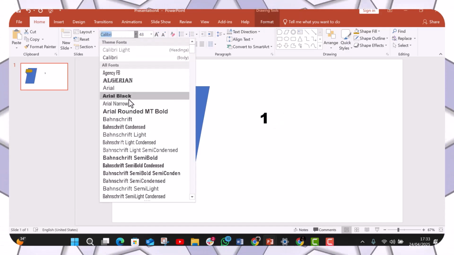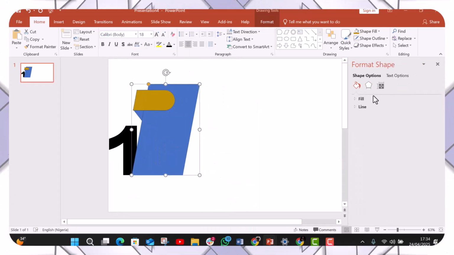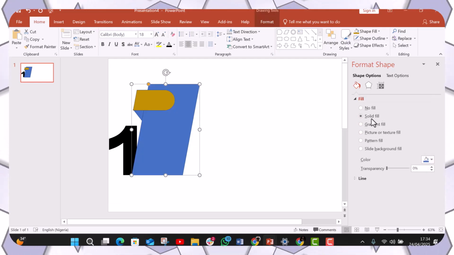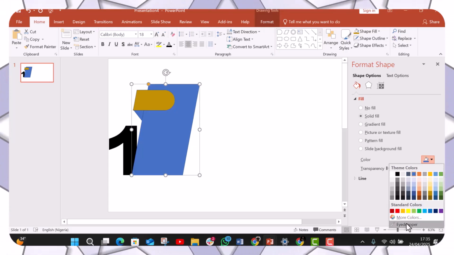Insert your text box, type in your number, format it, then right click on the shape. After right clicking on the shape,